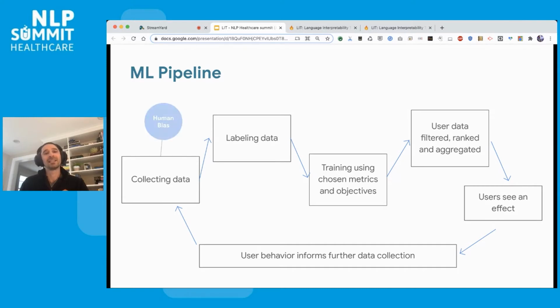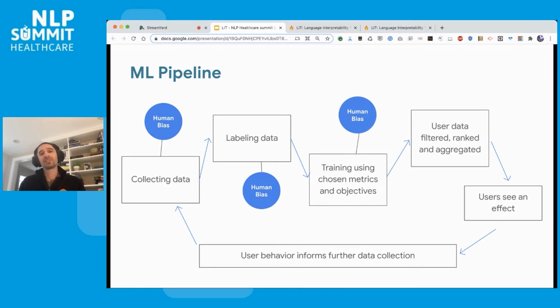We start with collecting data. Now, the data you're collecting is based off of previous human decisions, and so it includes obvious bias from when it was created. Then often that data has to be manually labeled. So you might be taking a set of workers and taking things like, in the case of NLP, maybe you're taking sentences and labeling them with some sort of toxicity label. And there's humans doing that labeling work to create the ground truth for your model to be trained. And so bias can sneak in there as well.